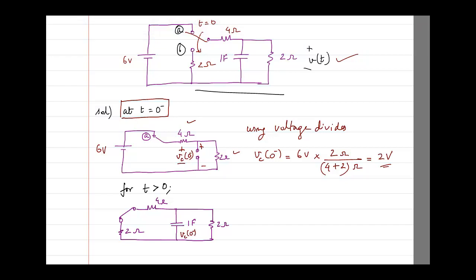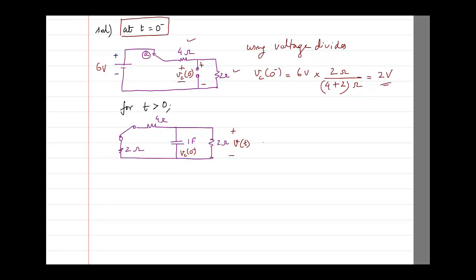which is 2 volt. Okay, and I am to find out what is the voltage across this. What is V of t? From this we draw the transform circuit